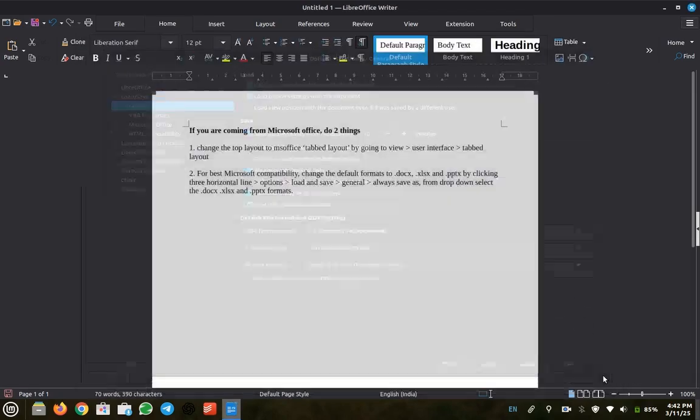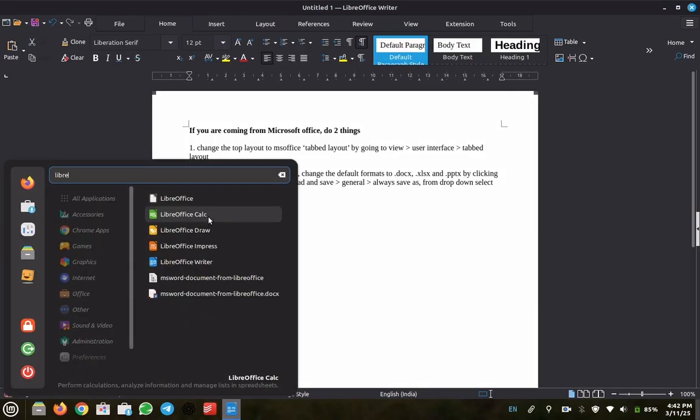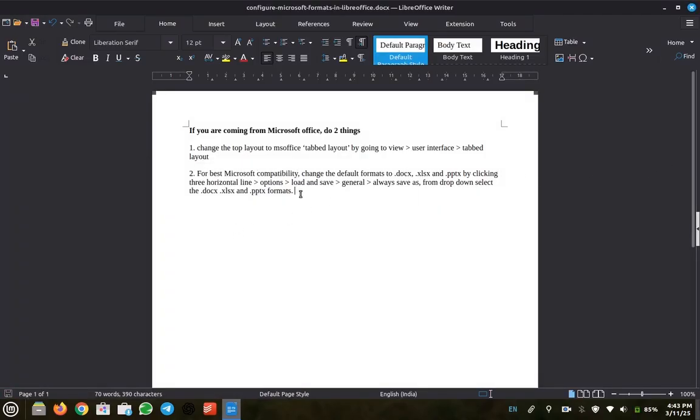And for the XLSX and PPTX format, you have to go to LibreOffice Calc, which is the spreadsheet, and LibreOffice Impress, and do the same. I hope you have understood how to make your LibreOffice ready for MS Office compatibility.